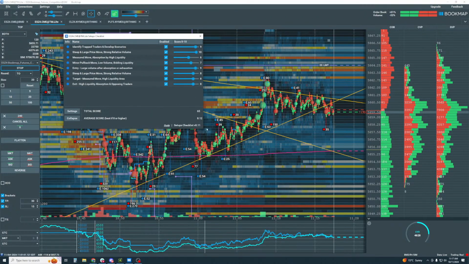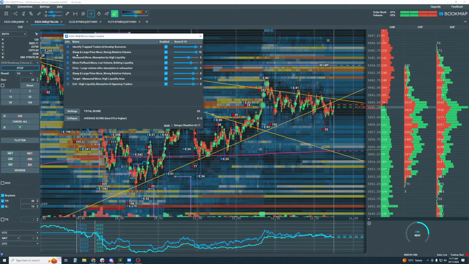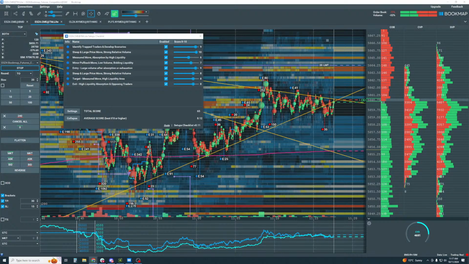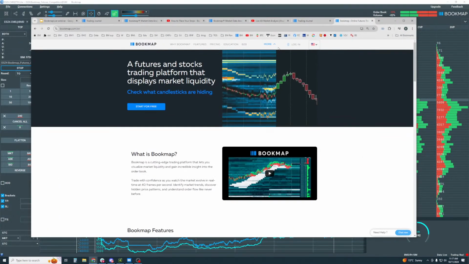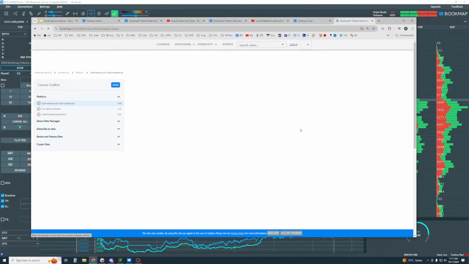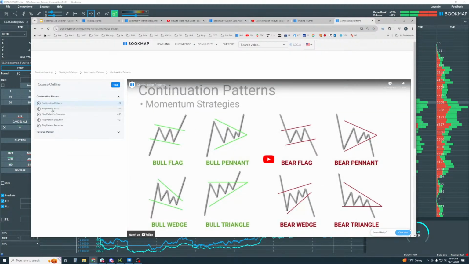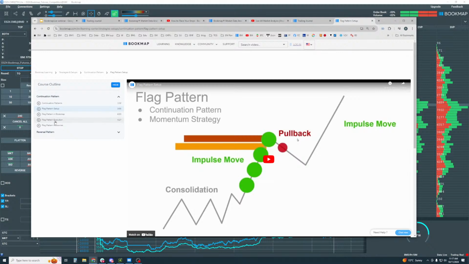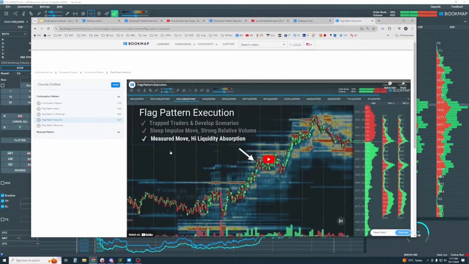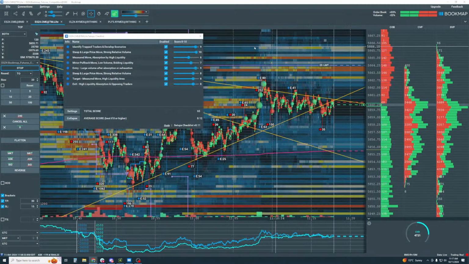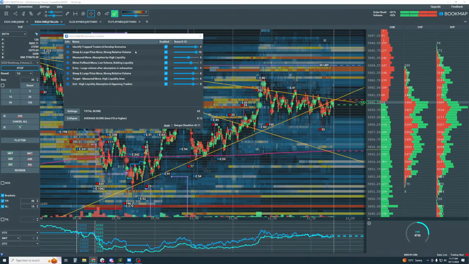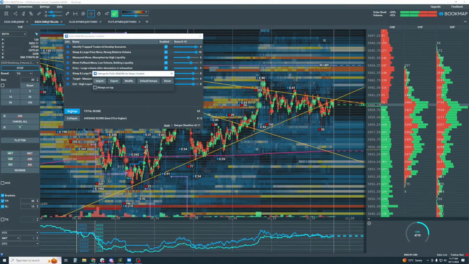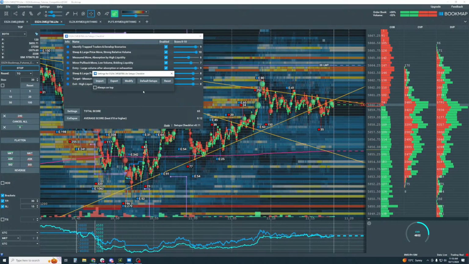Okay, so let's write out a simple strategy, and this is the default one, which matches. I'll show you, if we go here to bookmap.com, and you go to education, setups and strategies course, it matches the flag pattern setup in here. So this checklist that we put together is the same here. All right, now go to settings here. You can modify this, and you can save it or export it, etc., and then import it.